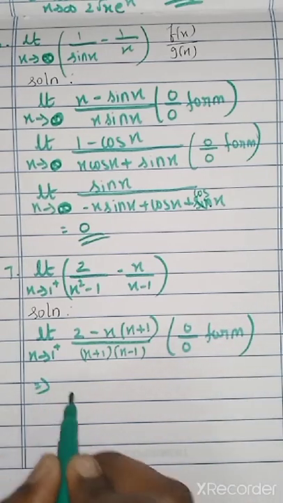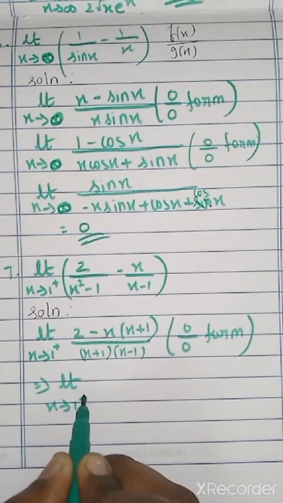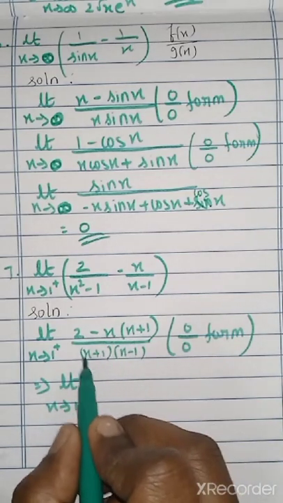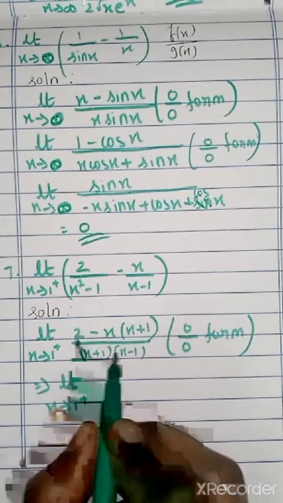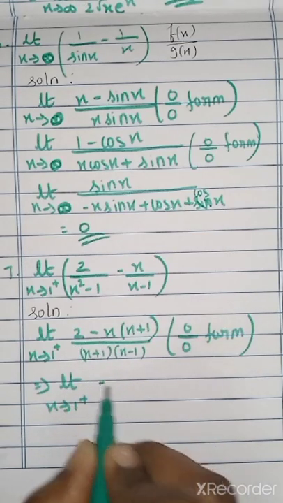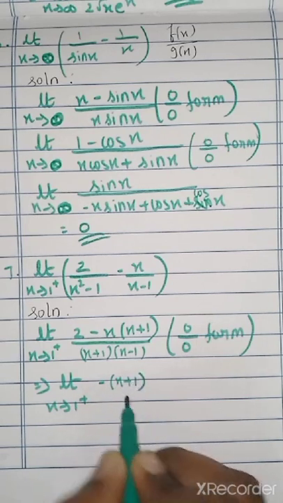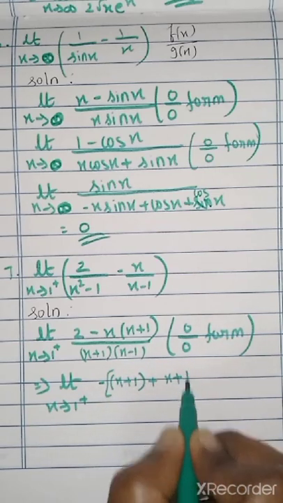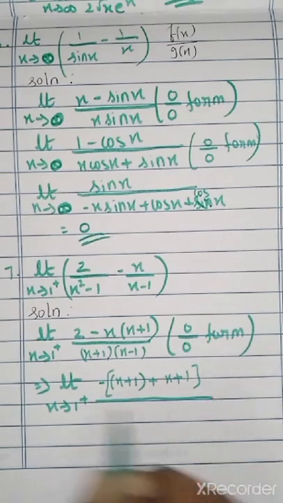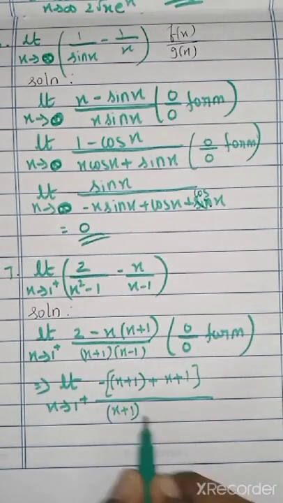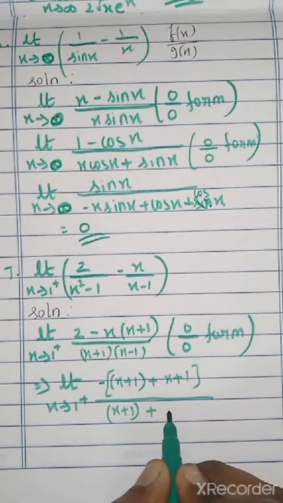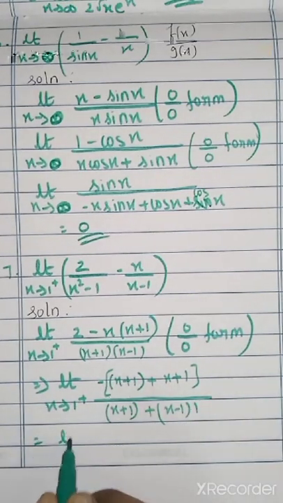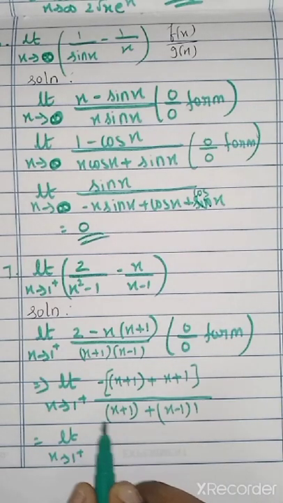So we can use the L'Hopital rule, that is limit x tends to 1 plus, this will be UV method we have to use, correct? So what we can do, minus 2 will differentiate panna 0. Again this one minus x differentiate panna 1 into x plus 1 plus x plus 1 அப்படியே போட்டுட்டு x differentiate panna 1 divided by x plus 1 அப்படியே வச்சுட்டு x differentiate panna 1 plus x minus 1 அப்படியே வச்சுட்டு இது differentiate panna 1. ஓகேவா? again இது நீங்க simplify பண்ணீங்கன்னா limit x tends to 1 plus, so this will become